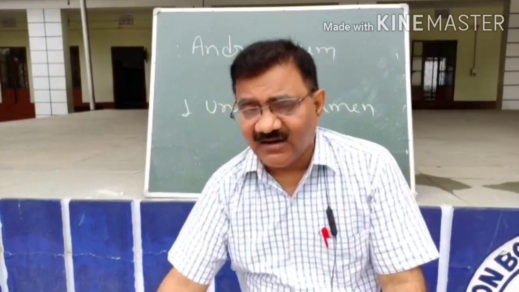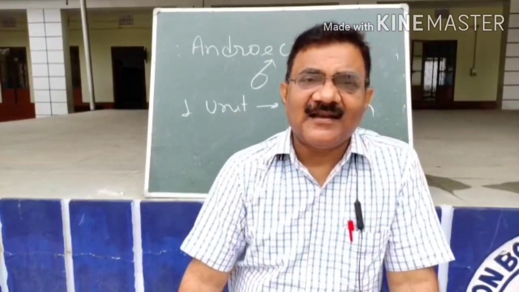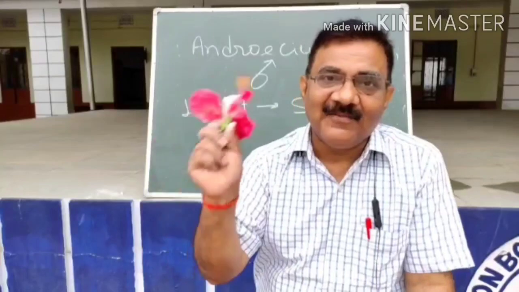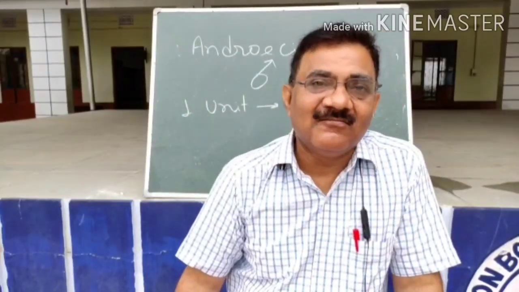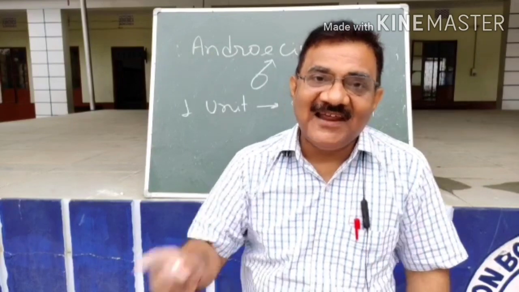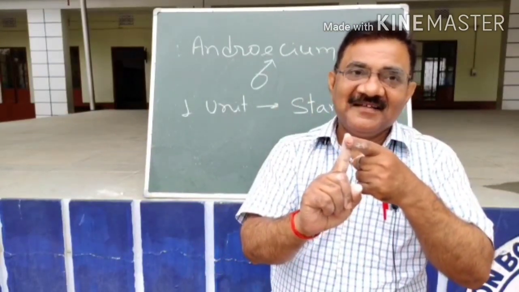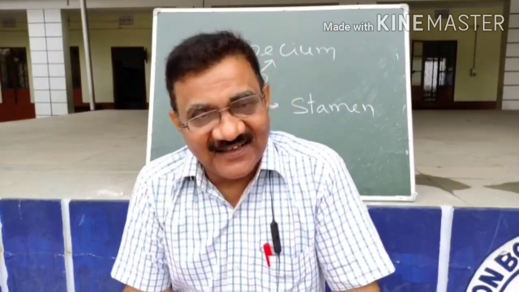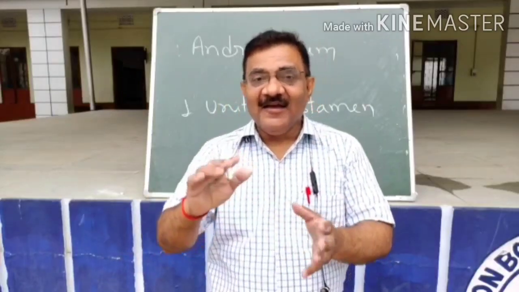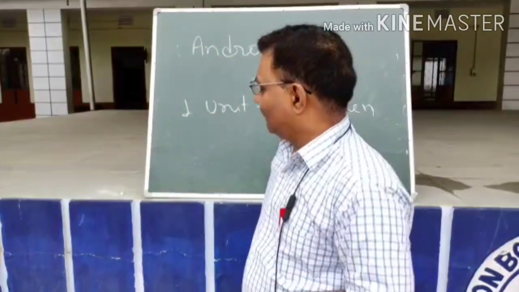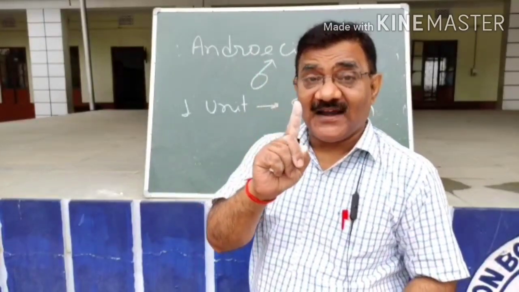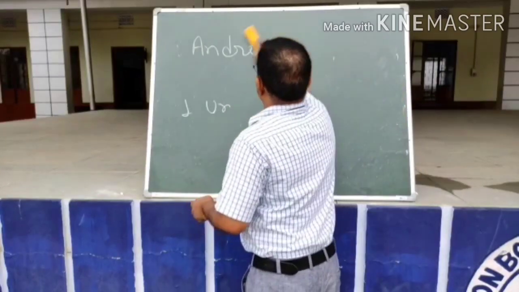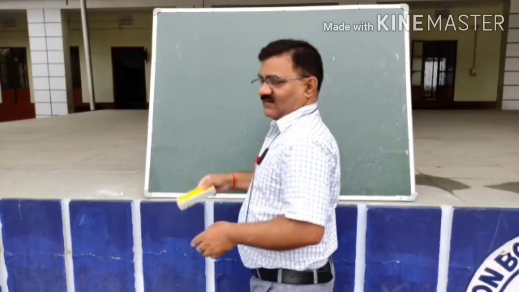And certain flowers are bisexual and certain flowers are neuter flowers. Knowing neuter flower, neither male nor female, transgender. Can you name any neuter flower? Yes, sunflower, ray florets of sunflower. That is a neuter flower, means neither male nor female. So these examples are very, very important, may be asked in examination: name a neuter flower, and the neuter flower is ray florets of sunflower.